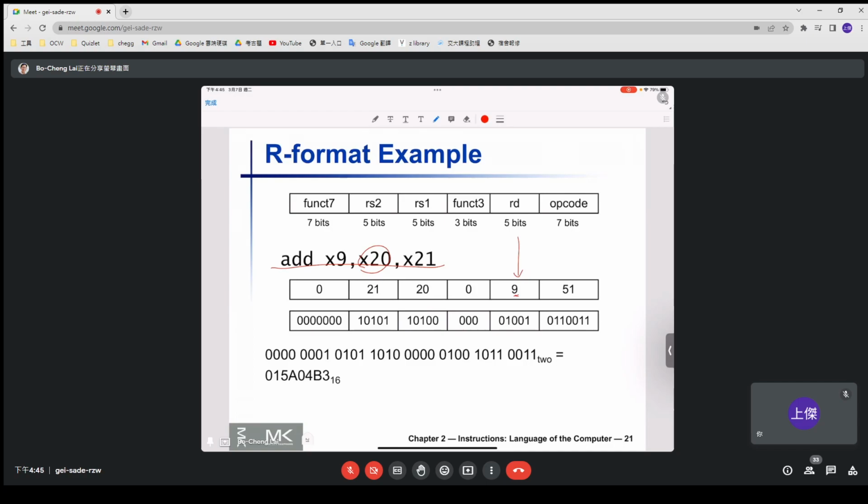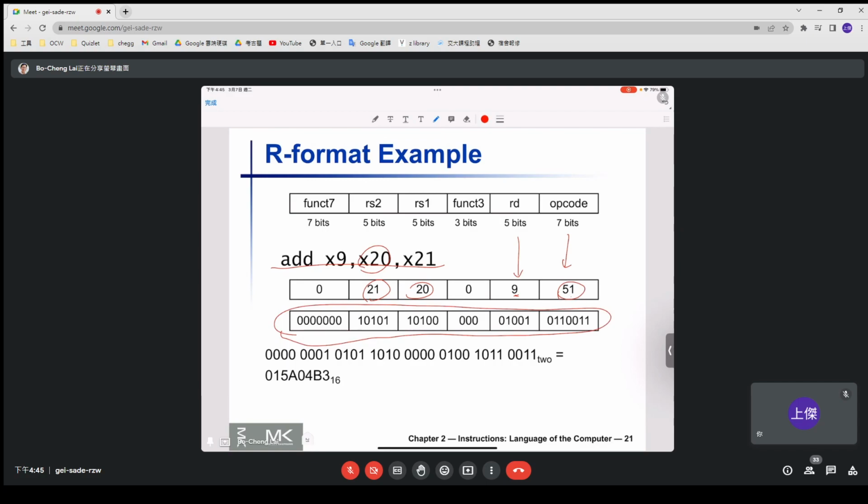And which is register source 1 and 2, x20 and 21, right? So 20 and 21, that's it. And this OP code tells you to do addition, 加法，就这样。